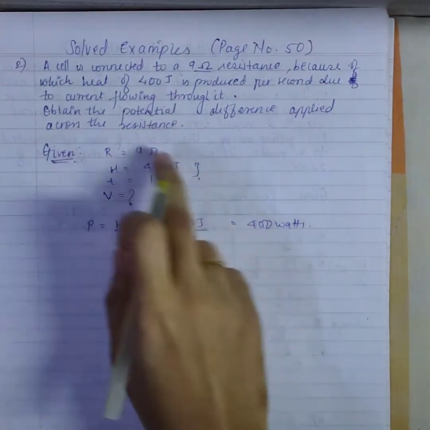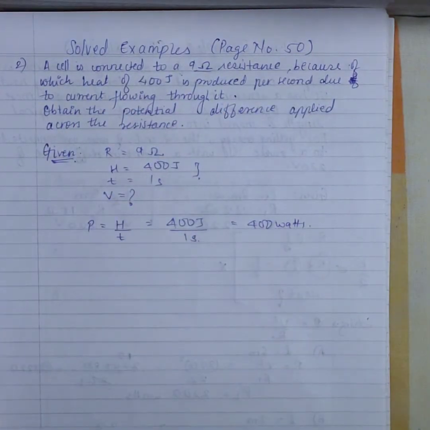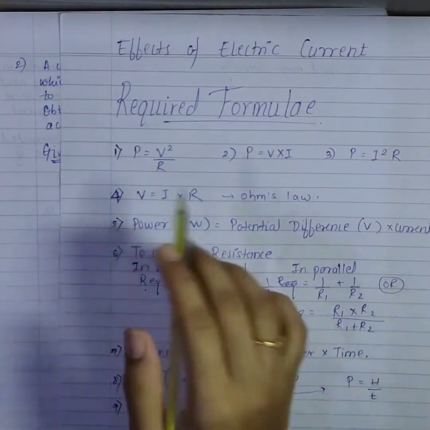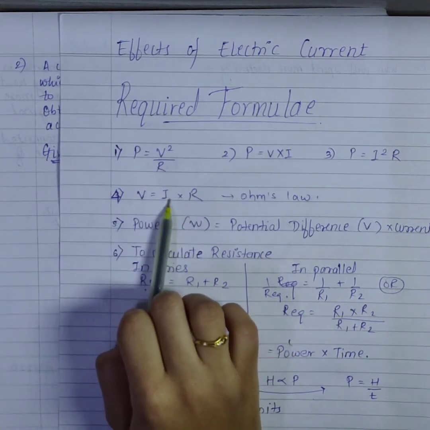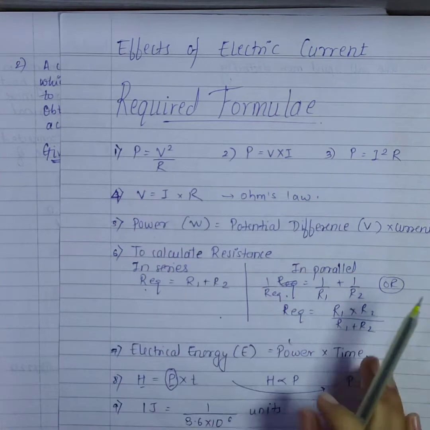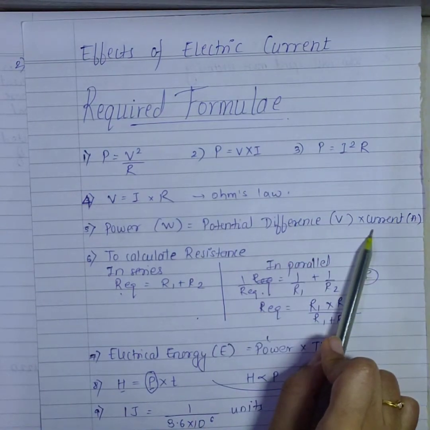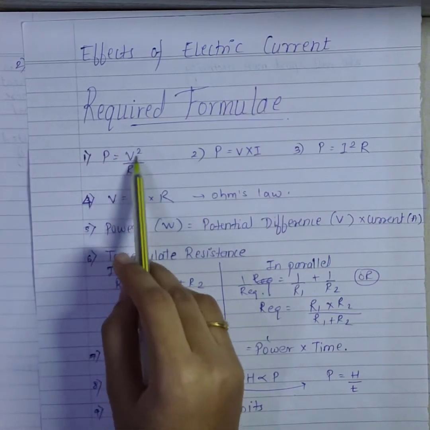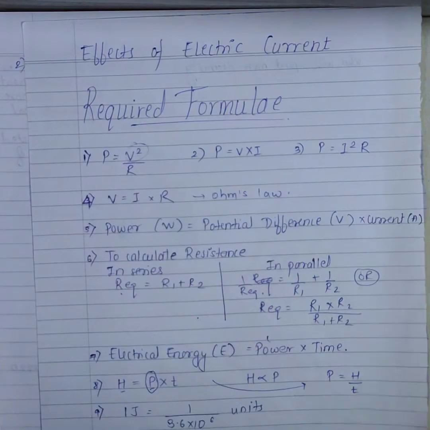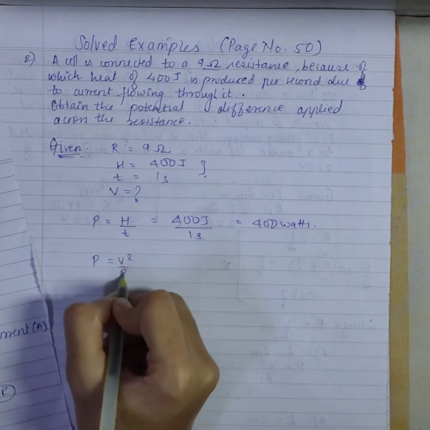Fine. Now what have they asked you? What is the potential difference? Now potential difference formula, if you know, where can you see potential difference now? You can see here actually V is equal to IR, but have they given you any current? No. So forget about this formula. Here also we require current, here also we require current. Where do we not require current? Even here we require current. So this is the only formula where we do not require current. That is P is equal to V square by R, and you have V here. So how can we use this formula, P is equal to V square by R, you know.